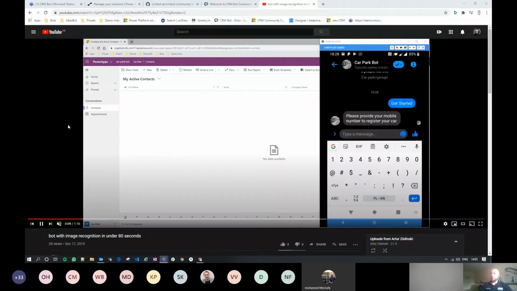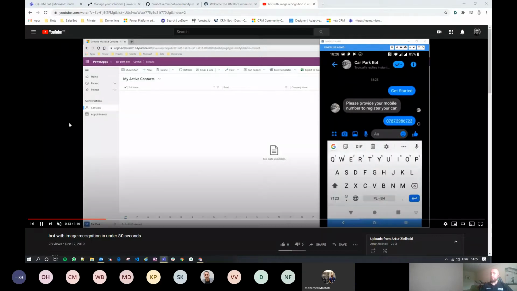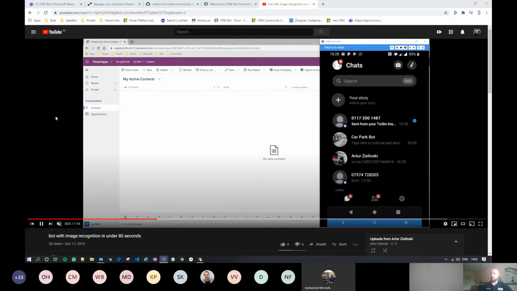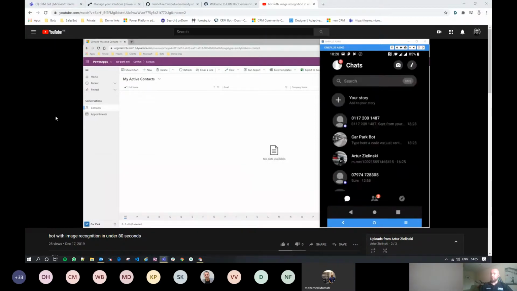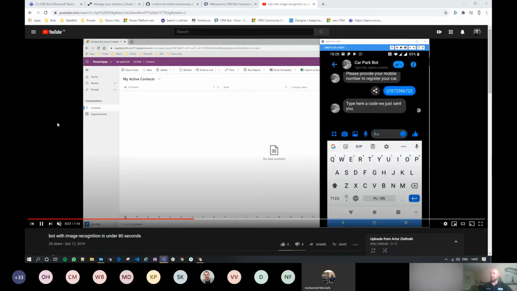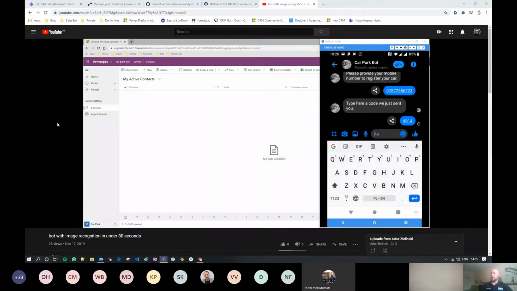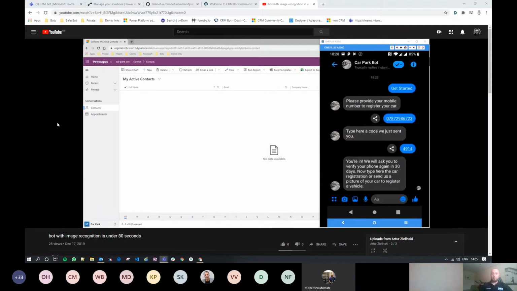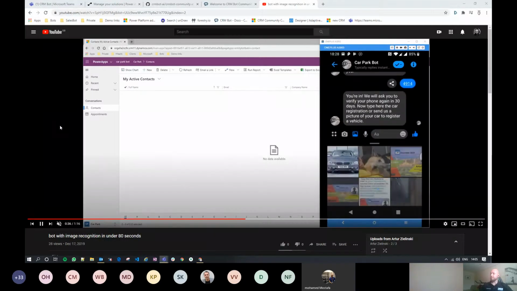Here we've got a very simple, similar use case. This is a car park company, so parking. You provide your mobile number, you then get a code through Twilio. We're using Twilio to just receive a text message. You get your code, you type that code in the chatbot. And then you provide your vehicle registration number.